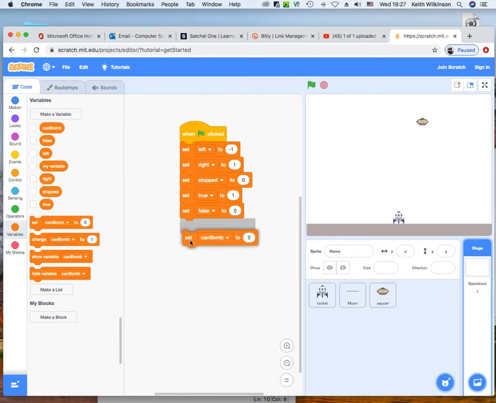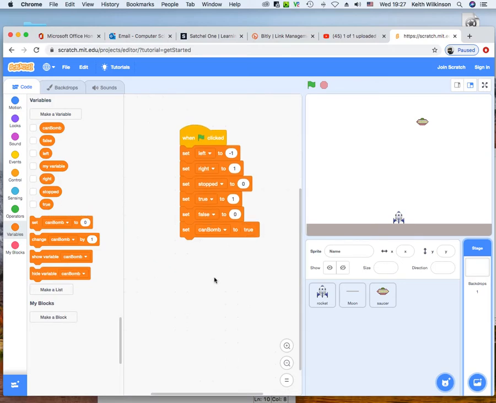I had to do it in this order. I had to set these two first because in this one I'm going to use, when I start off, the fact that it can bomb. So I put true in there. If I'd have put can bomb before these, then it wouldn't work because it needs to know what the value is before we use it. So, okay, now